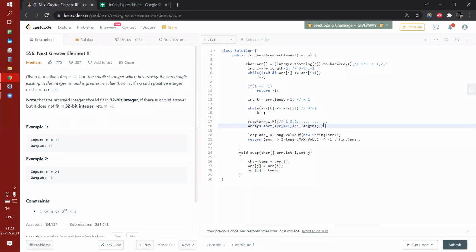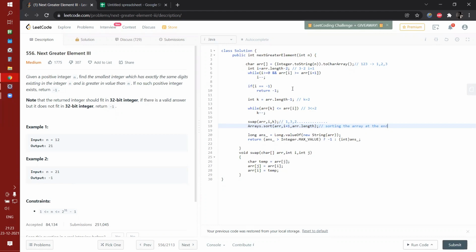Here i is currently 1, so i plus 1 is 2 and arr.length is 3.